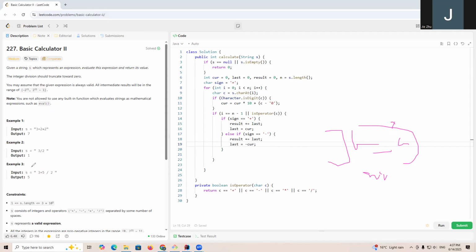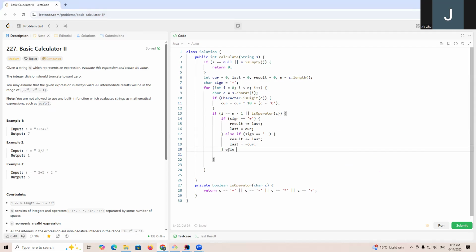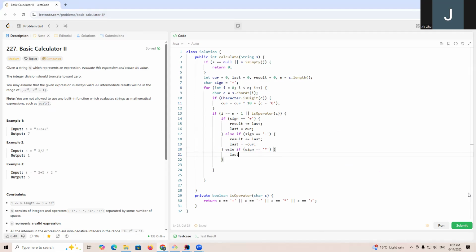Then we'll say else if sign equals multiple. Then what we do is that we just have last multiple equal to current, right? And we'll say else if sign equals